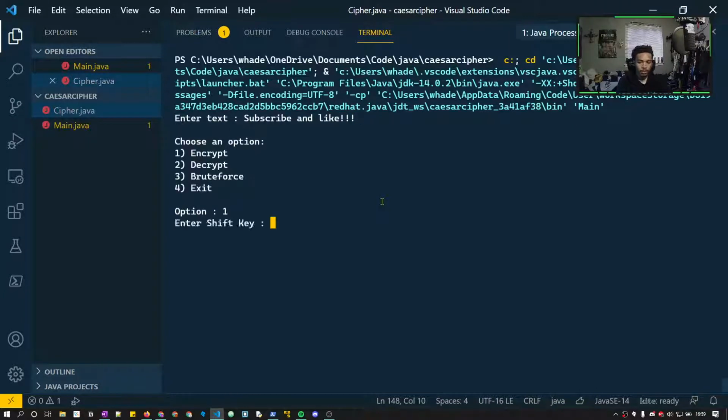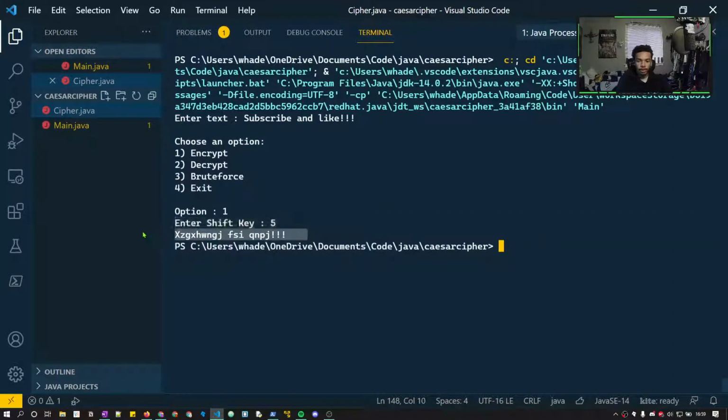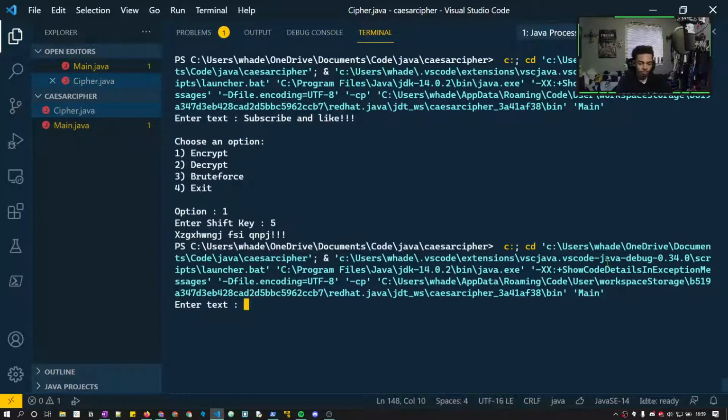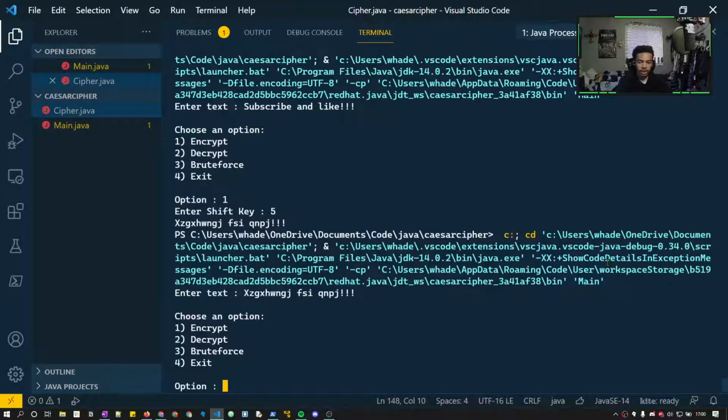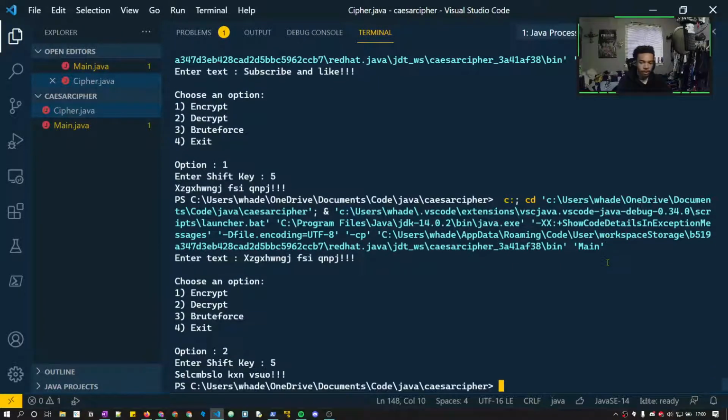Then we can encrypt it. Shift key of 5. And there you go. So it encrypts it fine. Now we can run the code again. Let's put our cipher text in here, and we can decrypt it with the shift key of 5. And that